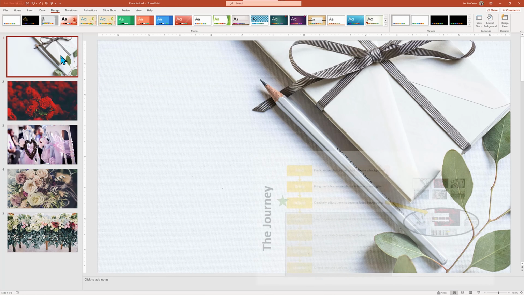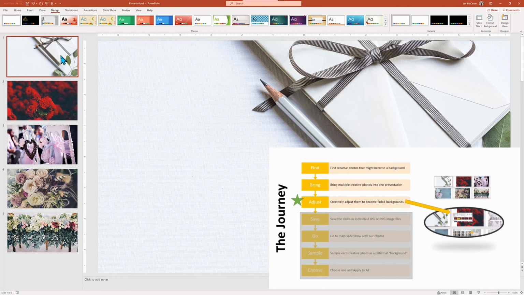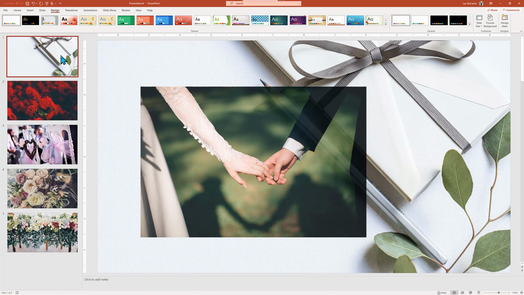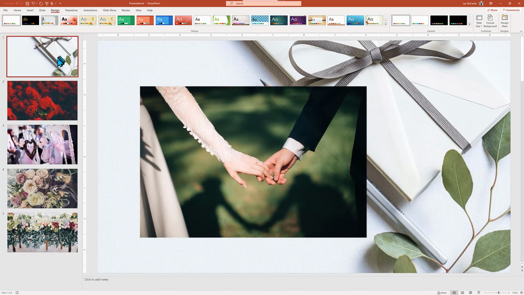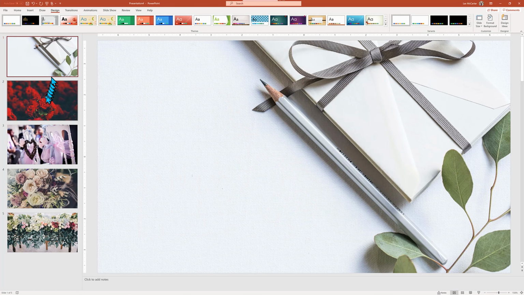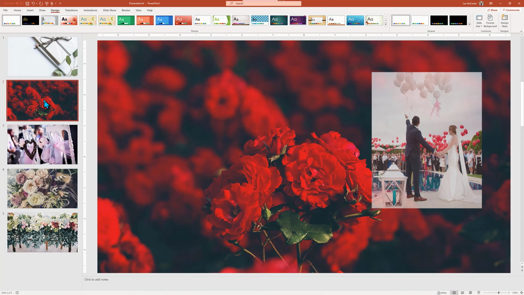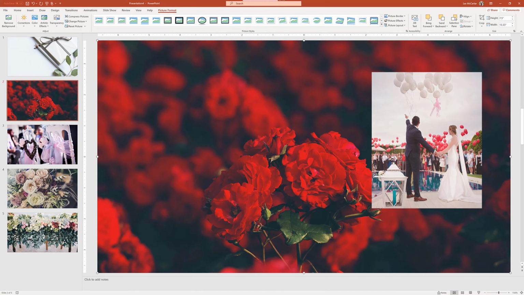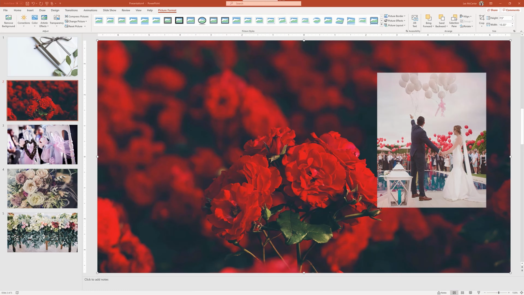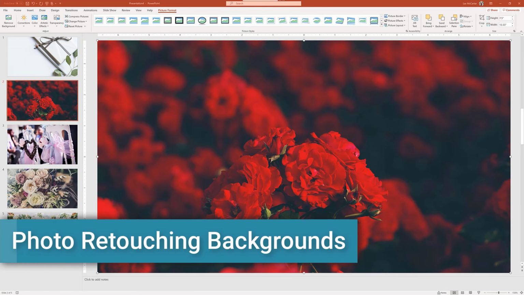As we look at each possible candidate, try to visualize seeing a picture on top to decide if this might be the right background. Our first slide of pencil, stationery, and leaves is simple enough. It looks usable as is. So let's go look at the next one of the dark roses. This image sets a different mood, and while the dark reds make the lighter photo jump out, the detail rose may distract from our central images, so let's fix that. Softening the focus of the image.